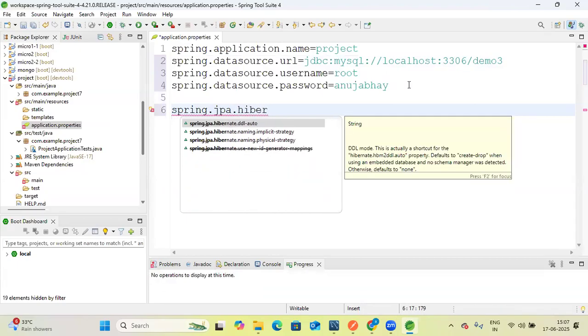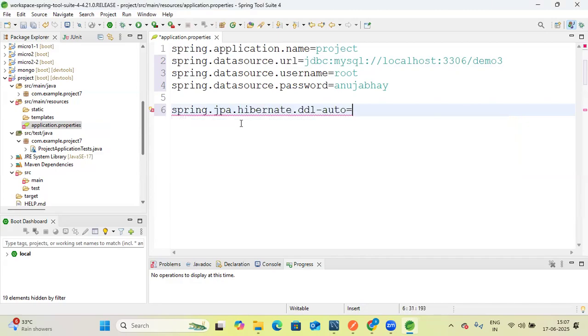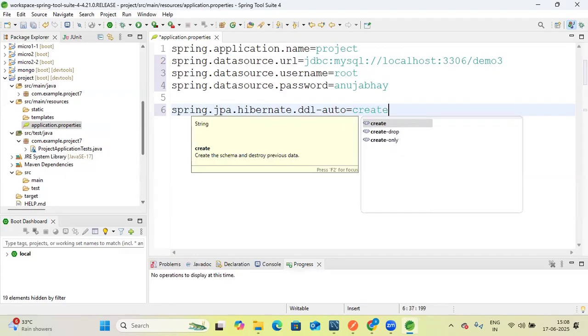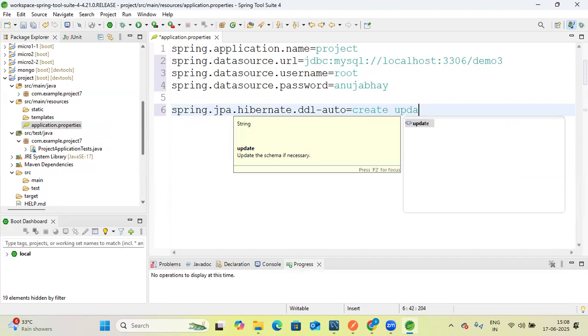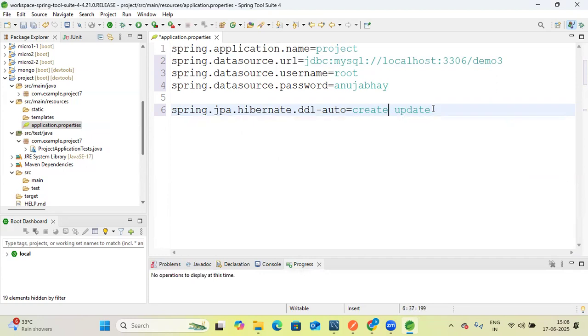spring.jpa.hibernate. This first one, spring.jpa.hibernate.ddl-auto, double click, okay. After that you can write create, or you can also write update. So what is the difference between create and update? Let me tell you. If you write create, then every time it will create a new table,